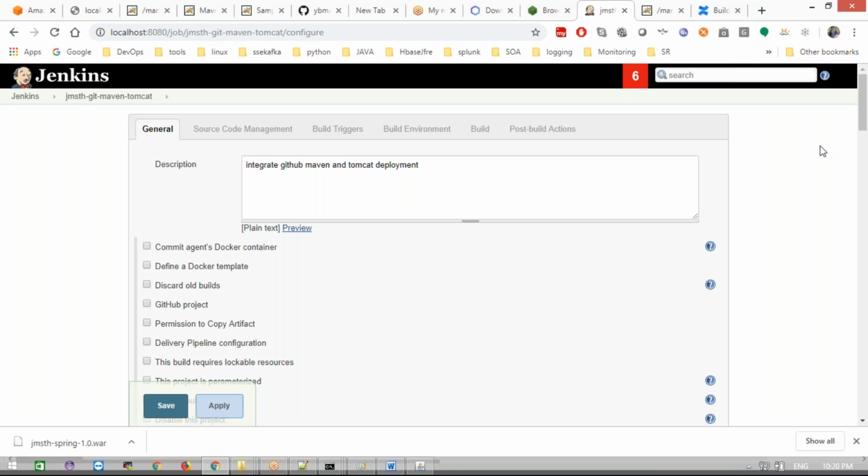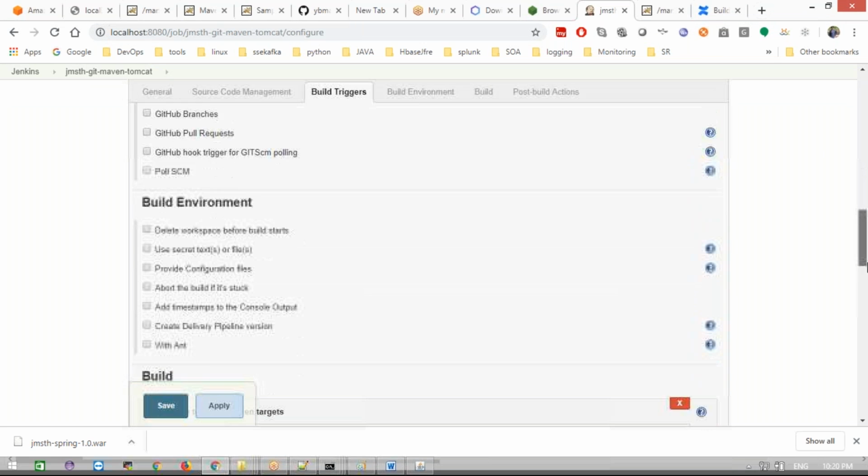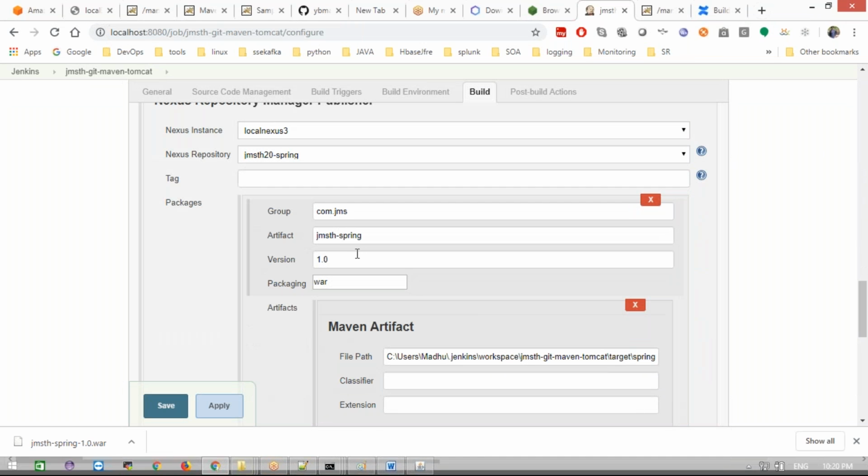Clear, guys? Requirement. See, I already have the 1.0. If I try the same version again, it will throw the error because the version is already there. This 1.0 is already there. That's why it won't be pushed. Now, what happened? I want to override this. Like every time, if I'm in front of the system, I can modify and build now. Every time I need to do the modification, right? Manual stuff. Now you want to give here.